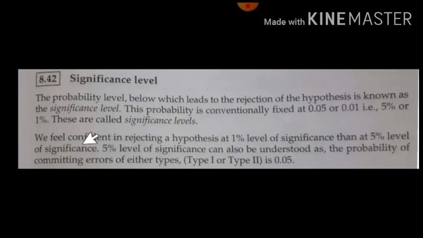What is it? Confident. I am confident in rejecting the hypothesis. In the same way, I may have a confidence of accepting the assumption I have made. Confidently I can say that the assumption I have made is correct. When I talk about my assumption being correct, I use the term confidence interval, which I am going to discuss in the next line. Where I am confident of rejecting my hypothesis, because I know confidently that the assumption I have made is wrong,